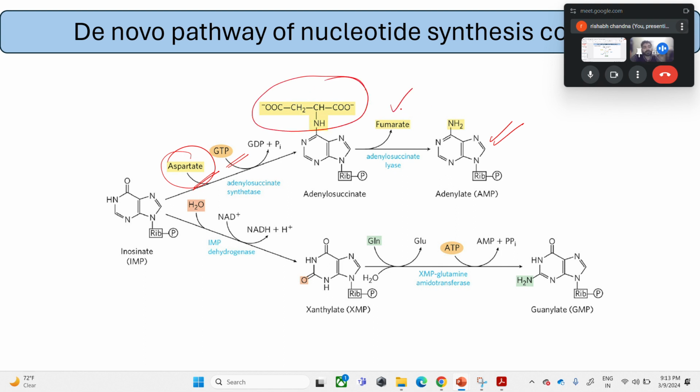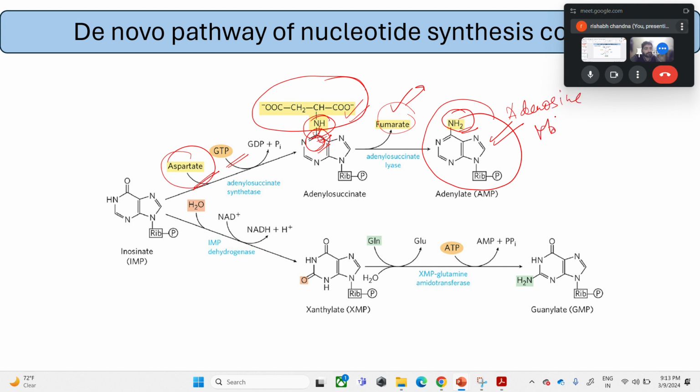Then the fumarate molecule is released, leaving this particular NH2 attached to the ring structure at the sixth carbon. And here the rest of the fumarate moiety is released, just leaving behind the amino group. Okay, so this particular moiety is adenosine